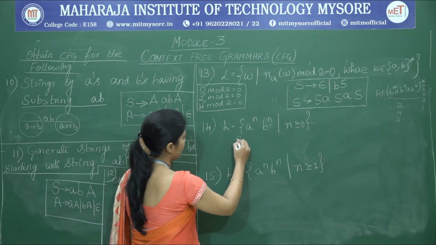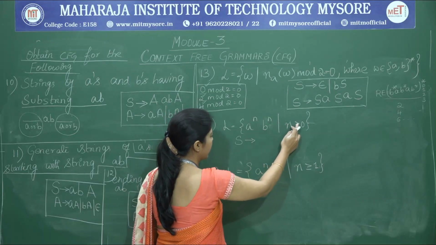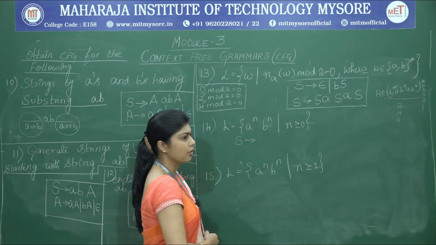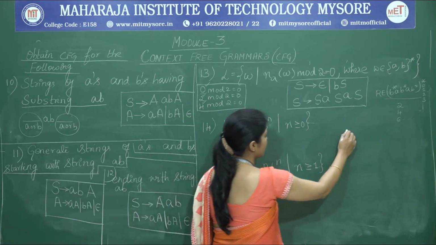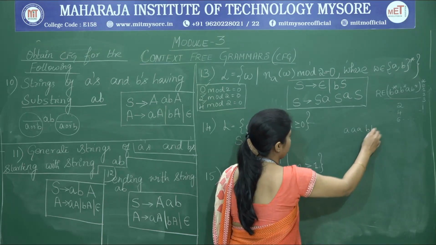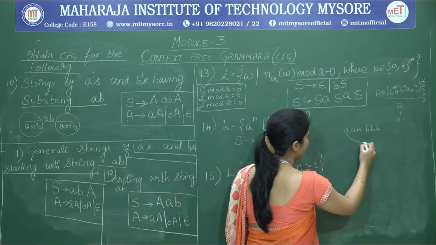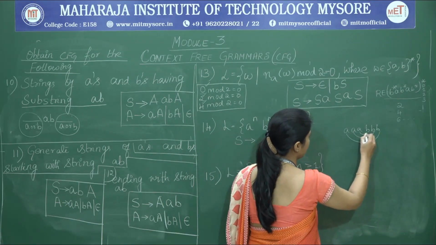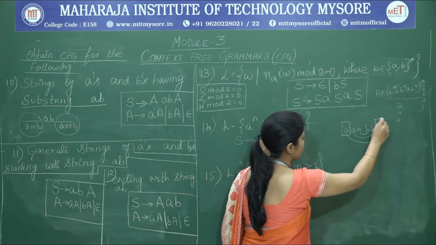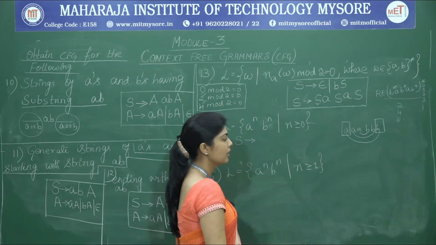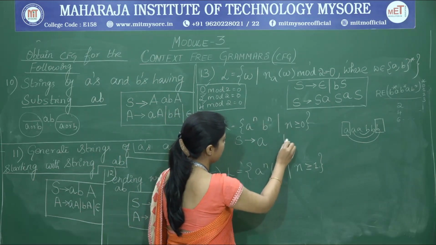So next we look at the next problem statement. L is equal to A to the power of n, B to the power of n, where n is greater than or equal to 0. So we have A to the power of n, B to the power of n. All A's have to come before all B's. So what we can see here is, for every A there is a matching B. So for the first A there has to be a matching B. So how do we write the statement? So A and B has to come.